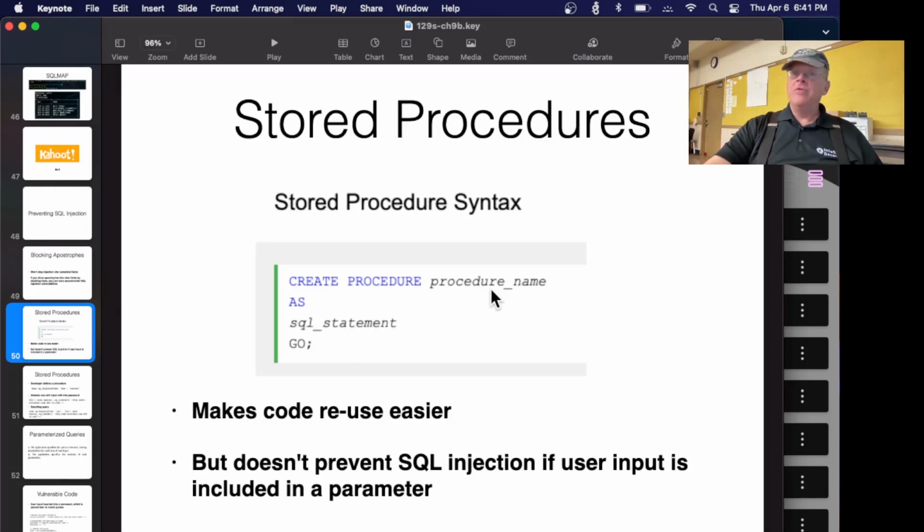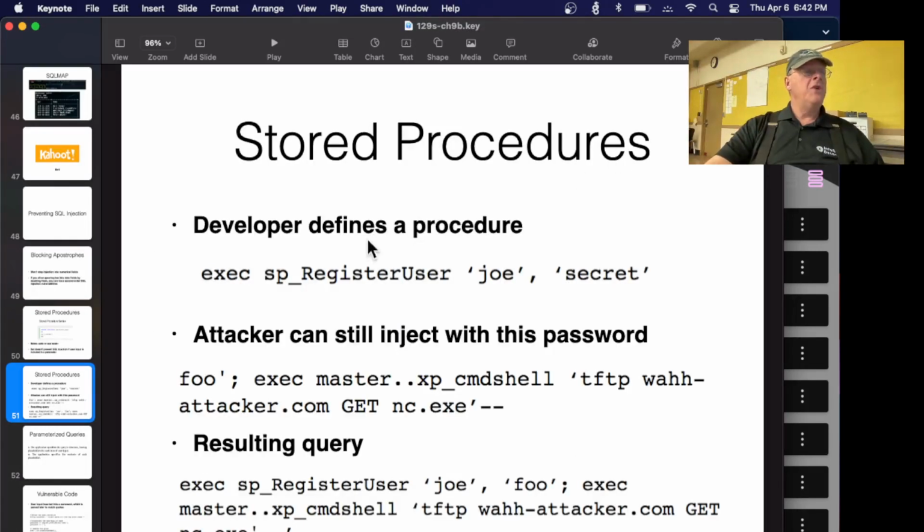This does not improve your security necessarily. This just creates a function that can be reused by a name. So people sometimes say stored procedures protect you from SQL injection, but they do not. Stored procedures just make it easier to reuse code, but that might be vulnerable code. So you can define a procedure called register user. It takes parameters, Joe and secret, and then it gets executed here, but the attacker can still inject with a password,